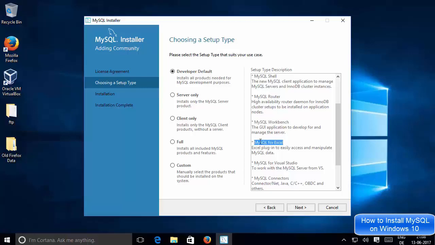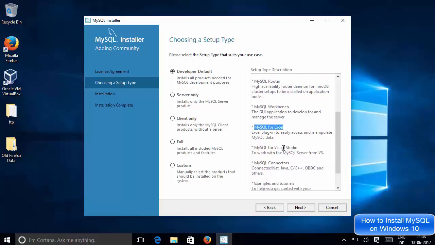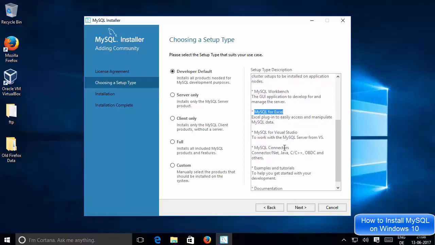MySQL for Excel, so it will allow you to download the connector for Excel programs. And then you have the MySQL for Visual Studio, for example, if you want to develop some Visual Studio application, it has the connector for that. And then the other languages it also supports, for example, .NET, Java, C++, and other languages are also available, right?